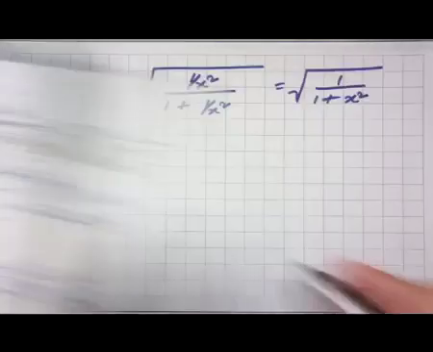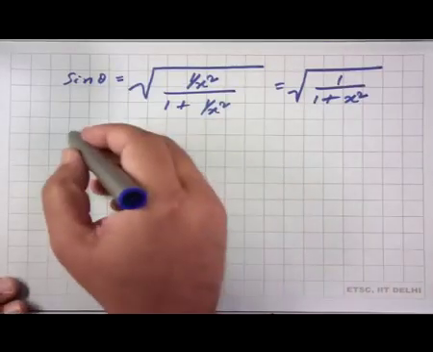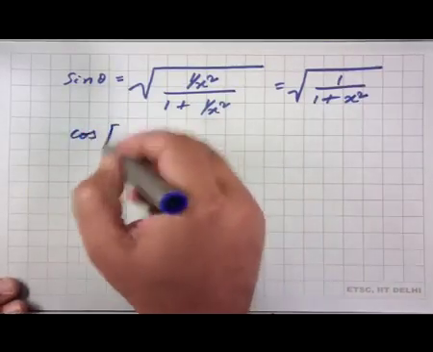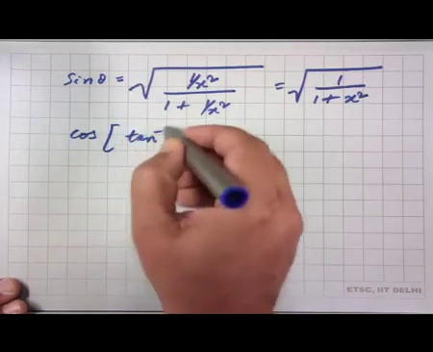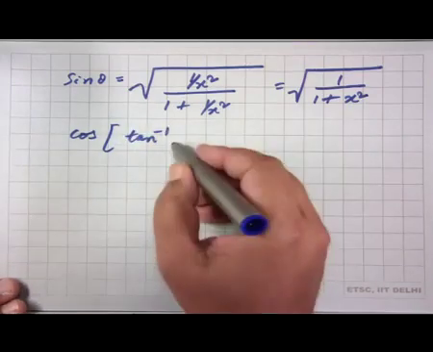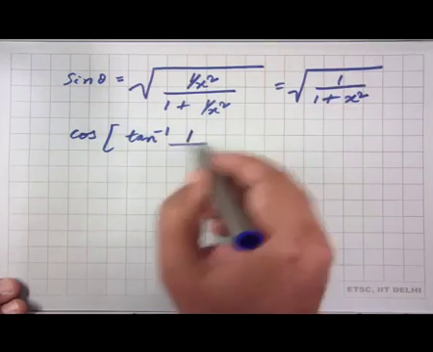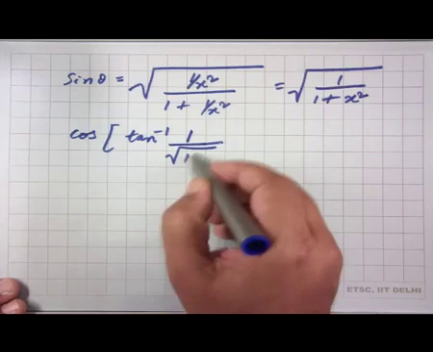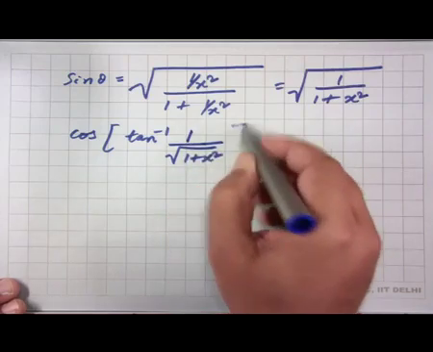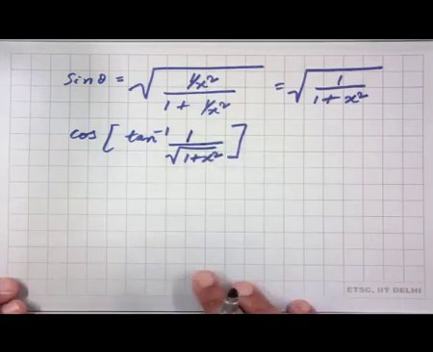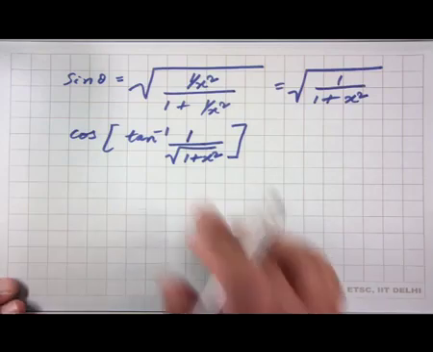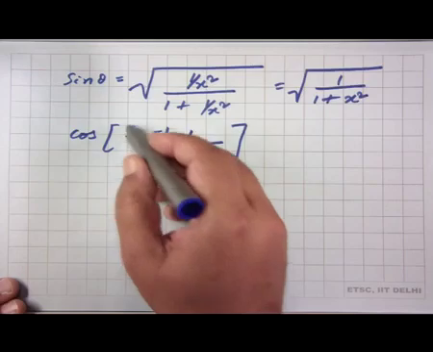So, what we then get is that we need to evaluate cos of tan inverse sin theta, but sin theta is this value, which is 1 over positive square root of 1 plus x square. So, this is what we are supposed to evaluate,